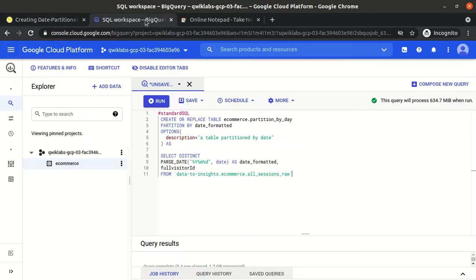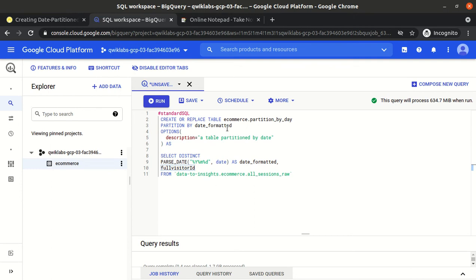So here we mention: create or replace table, with the name partition by day under the e-commerce dataset, partition by the date formatted column. There is one column which is date formatted. Actually the column name is date, but we made it an alias as date formatted, so we mention it here.